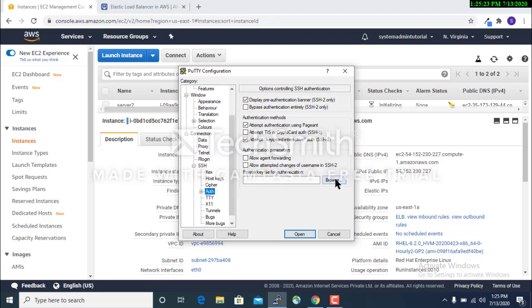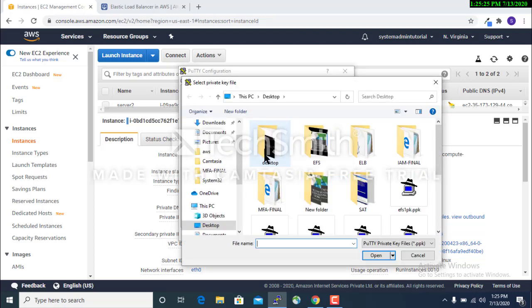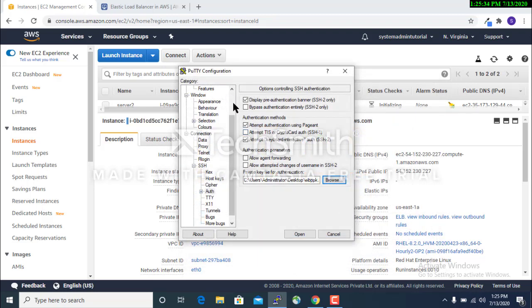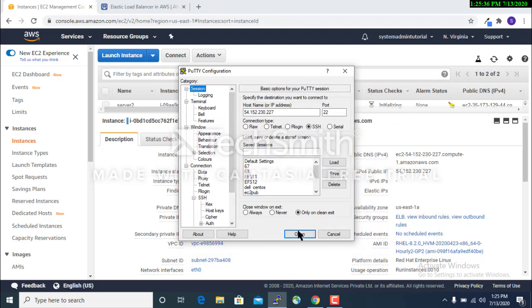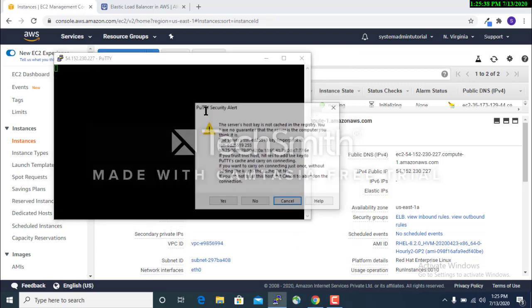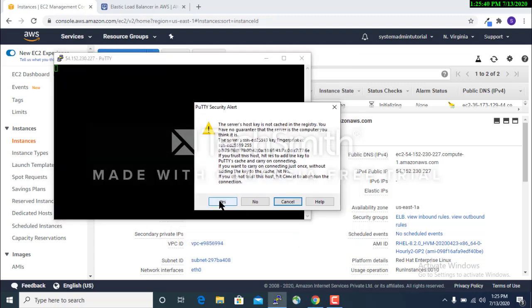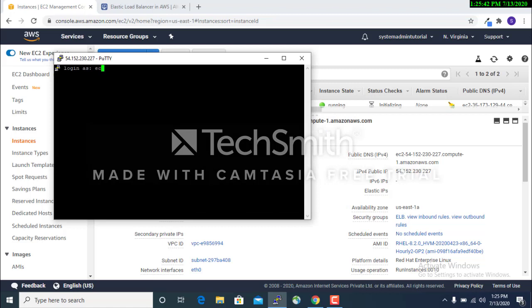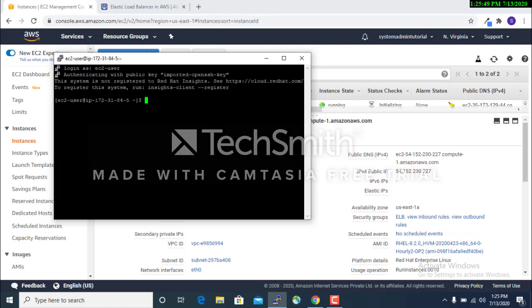I already have the private key, the PPK file. Then go to session and open the server. You can see my server is logged in.